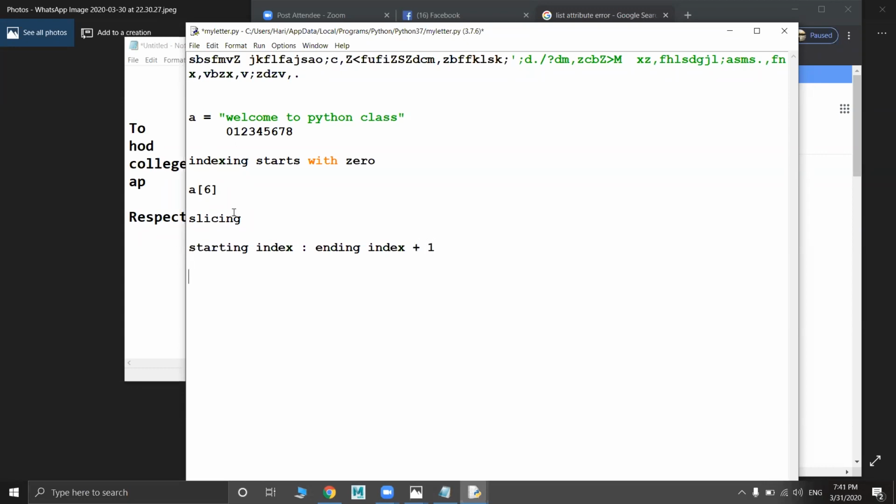Let's say I want to retrieve Python from it. So you say a of Python. T is 8, O is 9, space is 10, P is 11. So you have 11, 12, 13, 14, 15, 16. The index value of n is 16, so you need to give 17 here. Then you will get the Python word.